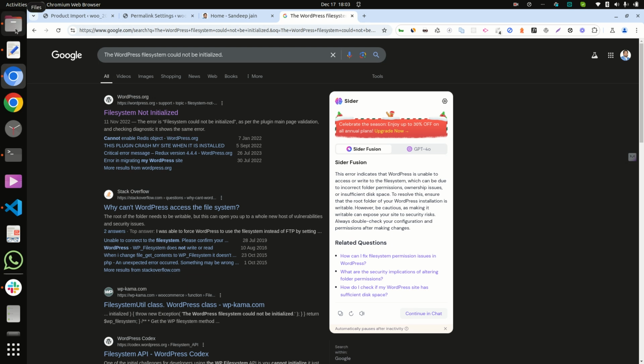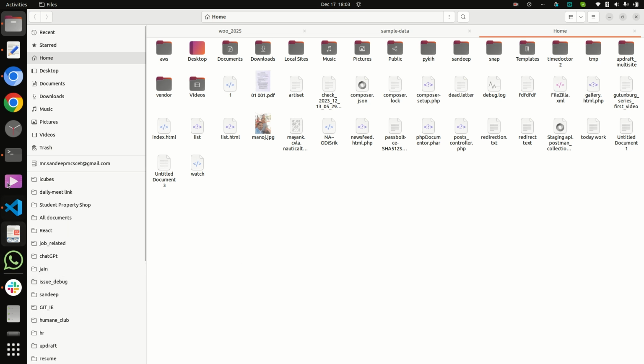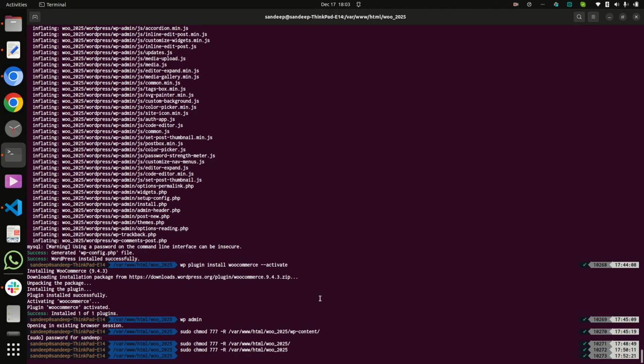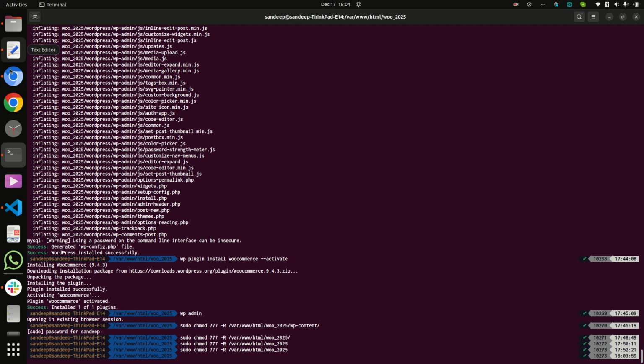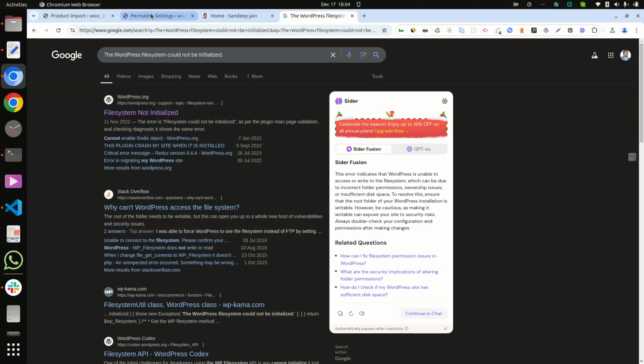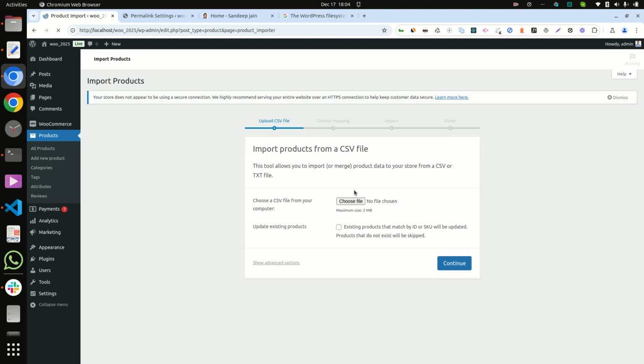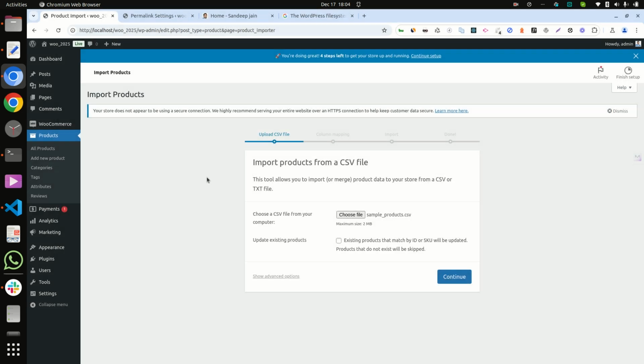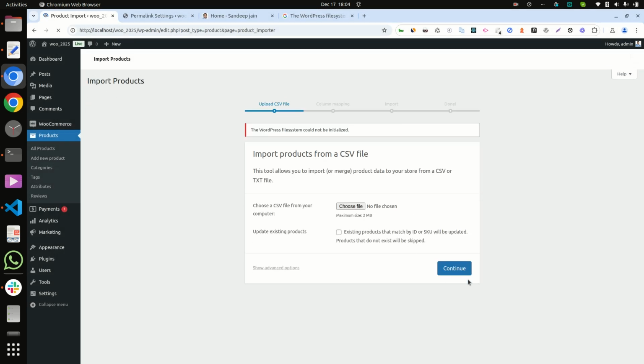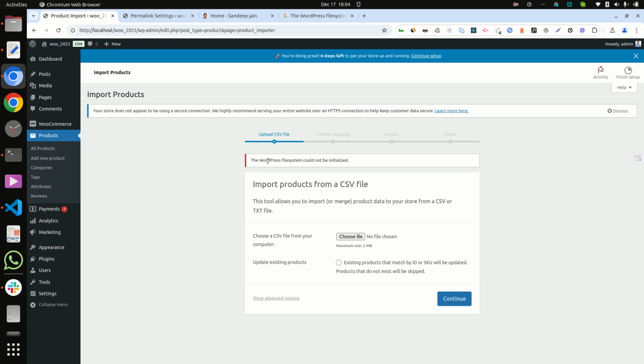So first I am going here, and I am just setting 777 permission on my folder, and now checking again. But the error "WordPress file system could not be initialized" is coming again.